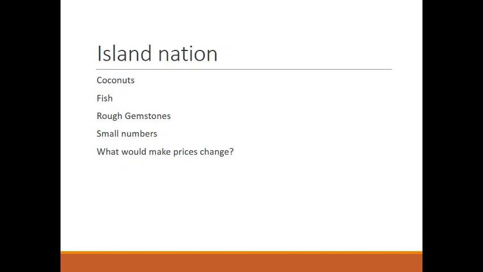Even keeping the number of gemstones the same. So we have the same amount of gemstones, it's just that now we're trading coconuts and fish at higher gemstone amounts. And that means everyone who had gemstones in the past is now able to purchase less with those gemstones. And the result of that is inflation. So everybody's gemstones now don't buy as much stuff. Fish is more expensive, coconuts are more expensive.